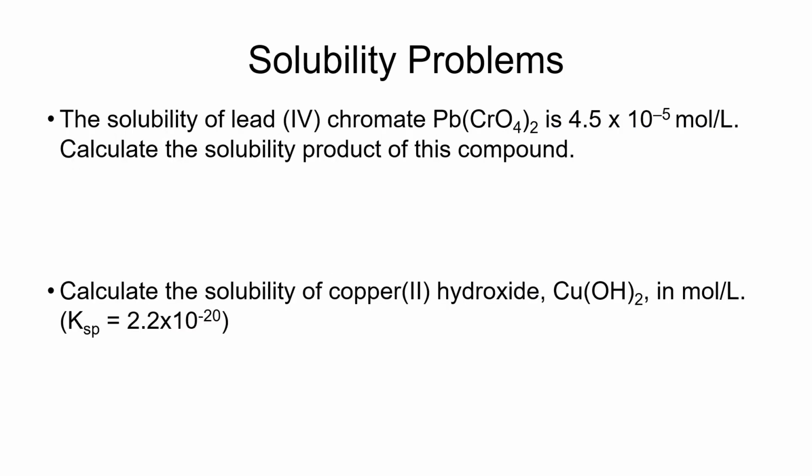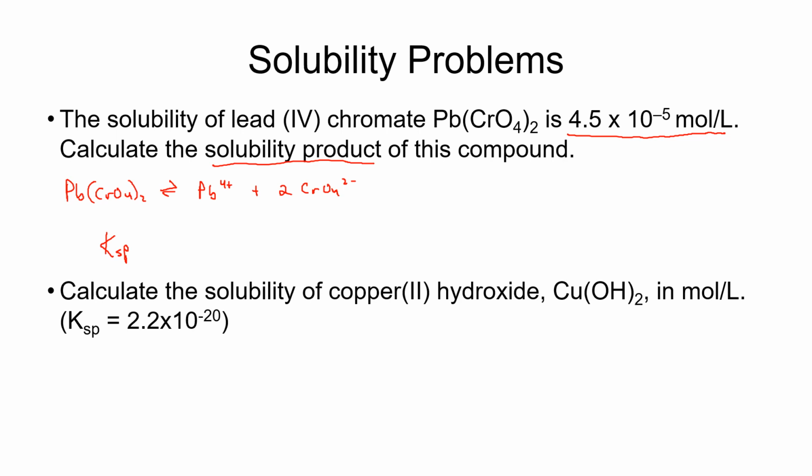So a few simple equilibrium constant problems relating to solubility. If we have the solubility, the amount of the solid that will dissolve at a given temperature, you can always work out the Ksp for that. And so we know that lead(IV) chromate, Pb(CrO4)2, is going to create an equilibrium where you're going to have the lead, and you're going to have 2 of these CrO4 2- ions, and so your Ksp then is going to be